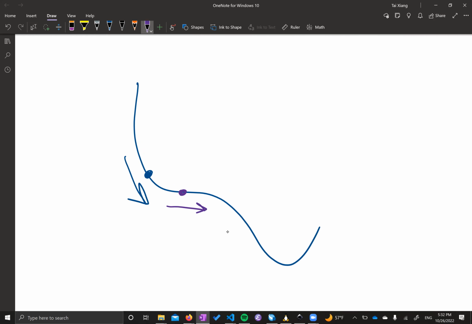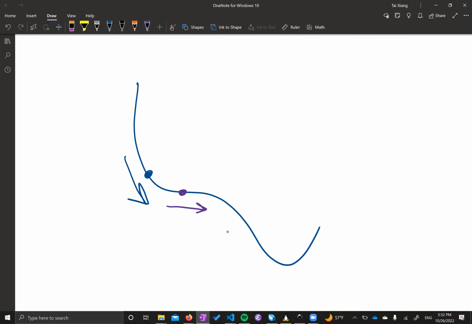So let's say we're moving down some error landscape. I really like this shape, but let's say we're moving down this 2D error landscape. And previously, we computed our error here, and we got this derivative. And now we compute our error here, and we get this derivative. Well,